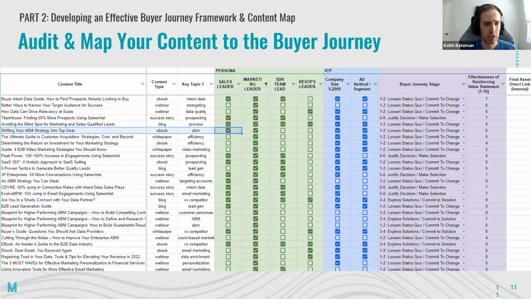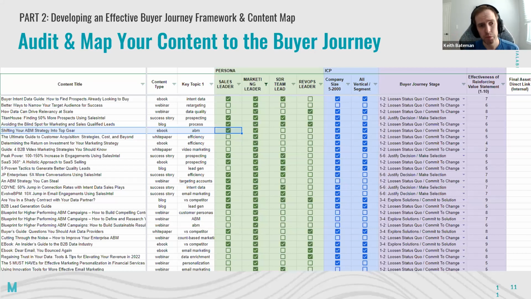And by filtering each of these columns out, I can quickly find where I have my holes in my messaging. So I really love this table setup because you can quickly identify your deficiencies. You can quickly identify your strengths of your content, and then really reprioritize your content team to know where they need to focus their time on.